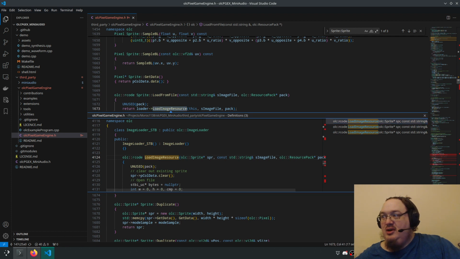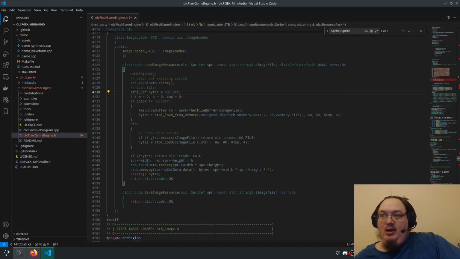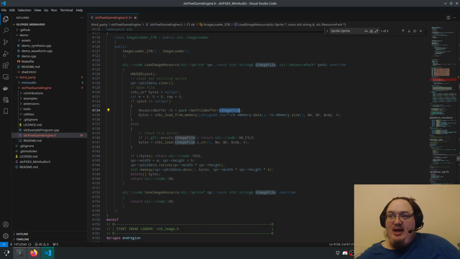Okay, so if we have a resource pack, then we're loading it using this resource buffer to get the buffer by the file name and all that stuff.